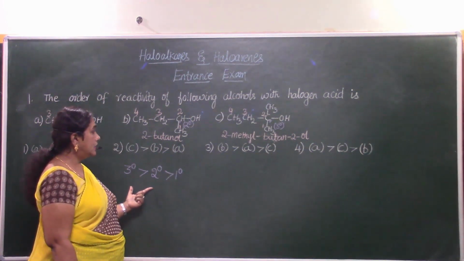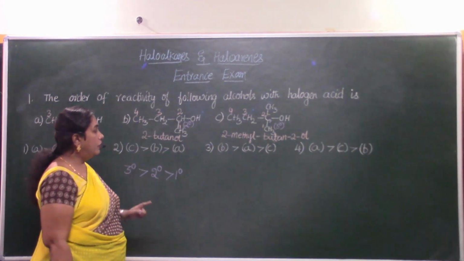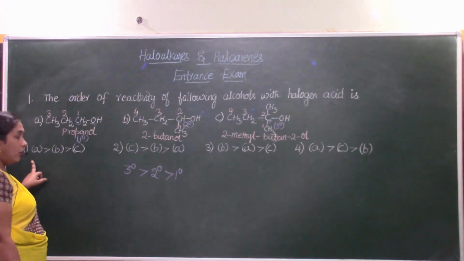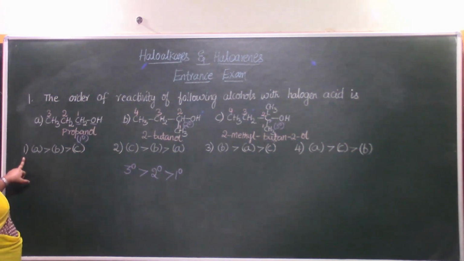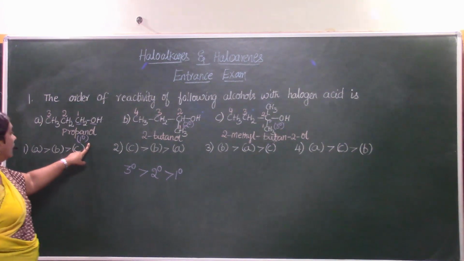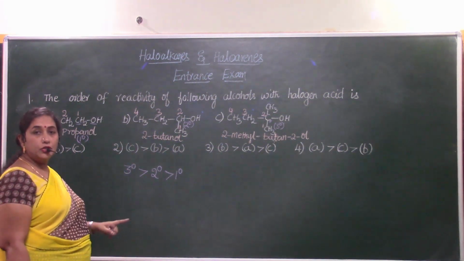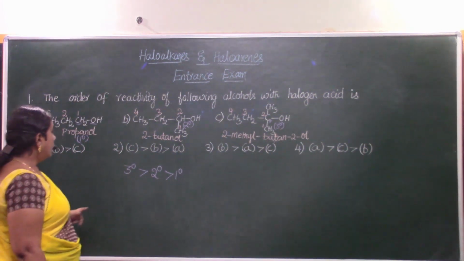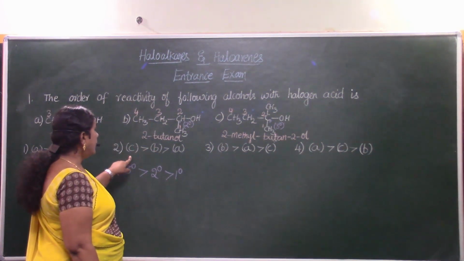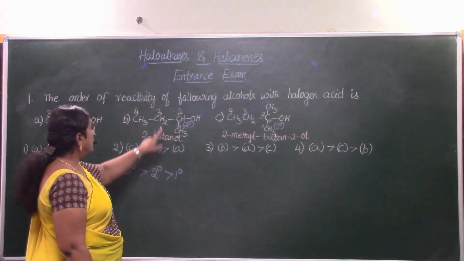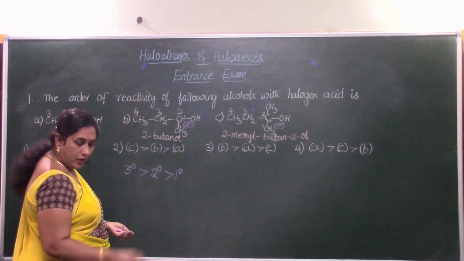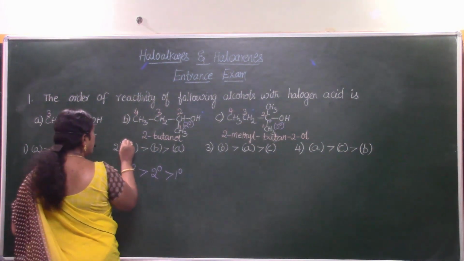So now let us see which one of these will follow this particular order. Is it option A or the first option? Option 1 is having the choice A greater than B greater than C. Is it primary greater than secondary, greater than tertiary? No, it's the other way. Now let us see whether it is this. Is it tertiary greater than secondary, greater than primary? Yes. Here we are having the option which will suit as per this.